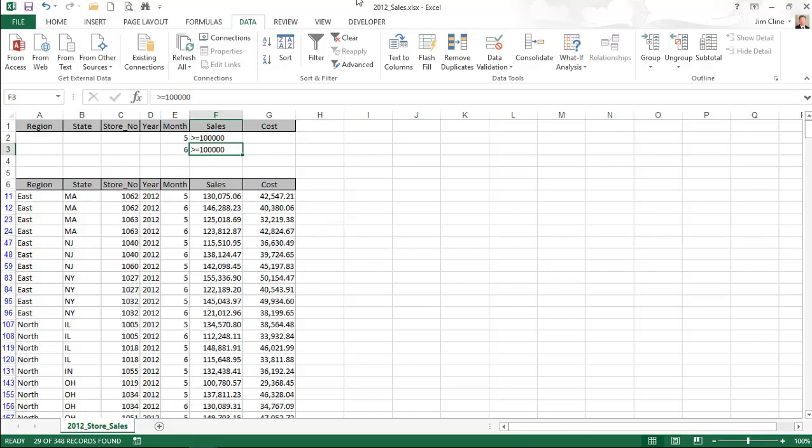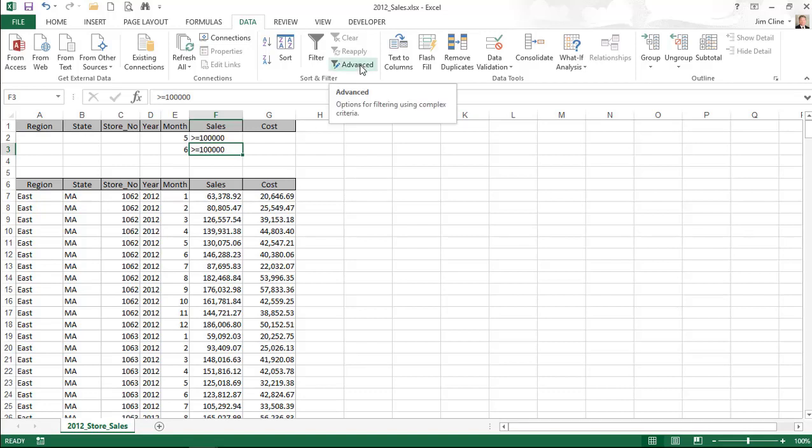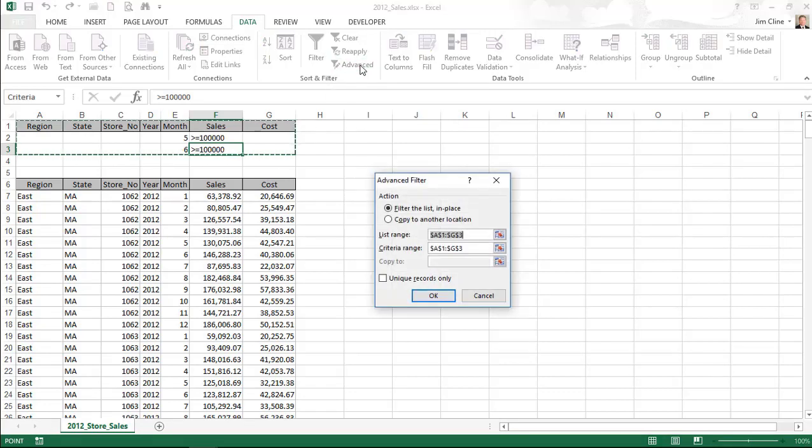So over here in the sort and filter dialog box, I'm going to clear all of that. So we've cleared off all of our filters now. And click on the advanced filter again. So in the advanced filter dialog box, choose the copy to another location radio button over there. Edit the list range over here to be C6 to